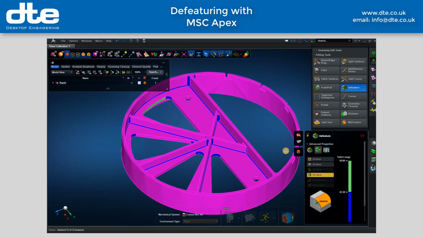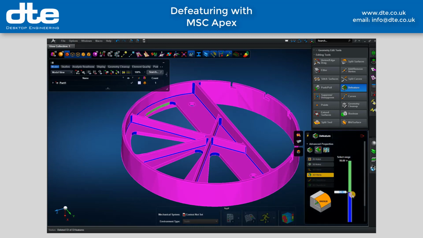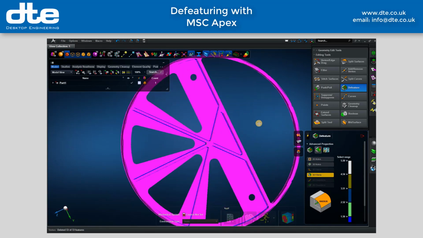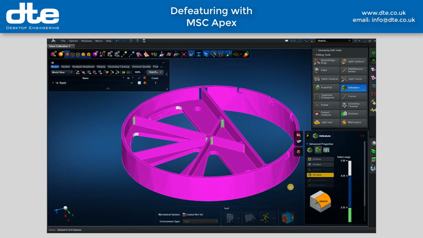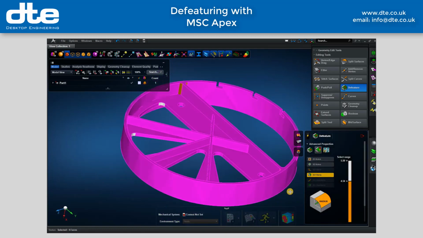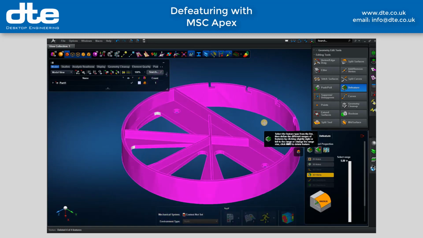I move on to 3D fillets, and again it's picking up on cylindrical surfaces, but it's found some very large ones which distorts the range, so I go in here and I change that to 1.5, change that to 5.5, and then I can go and insert some at about 2.5, 3.5, 4.5mm, and have a nice colour coding of the size of all my fillet radii. I'll start by taking out the 1mm ones at the bottom there, and take out the 2mm ones at the rib junctions, and lastly I'm going to take out the ones that join the big cross rib to the outer wall. So now I've stripped out all of my fillets and holes that I don't want in the model,